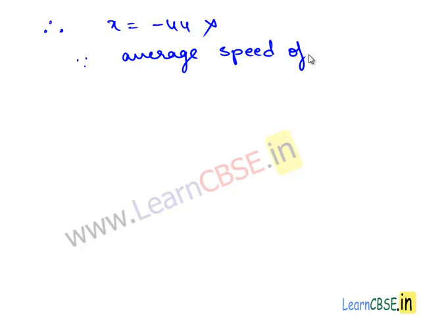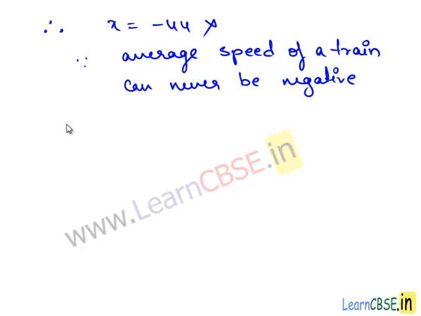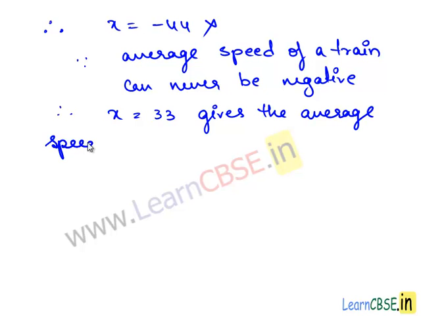Therefore, x is equal to minus 44 is not considered, since average speed of a train can never be negative. Therefore, x is equal to 33 gives the average speed of the passenger train